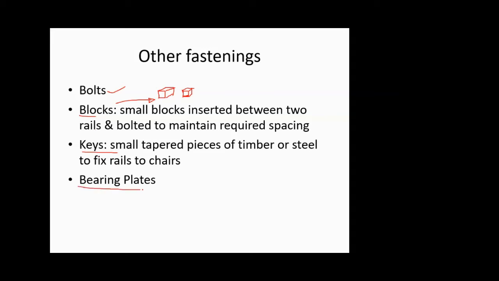And there is something called a bearing plate as well. Now the bearing plate, if you recall, in the last lecture when we were discussing rails and sleepers, I told you that a whole lot of stress or greater magnitude of load is passed on to the sleeper through a small area of your rails, and that causes bearing stresses at the bottom face of the rails. So to resist that, you need a proper bearing area on your sleepers as well. What we can have is bearing plates which are placed between the rails and sleepers.